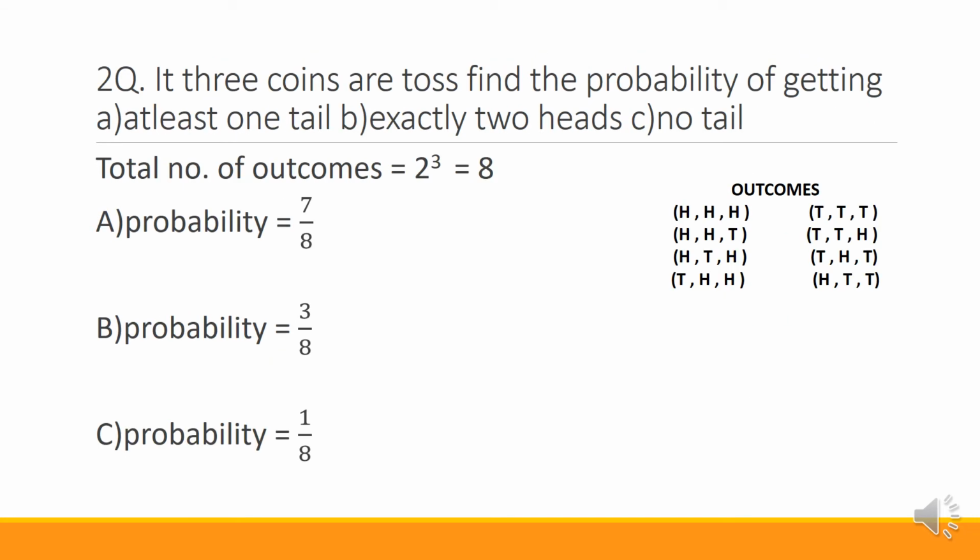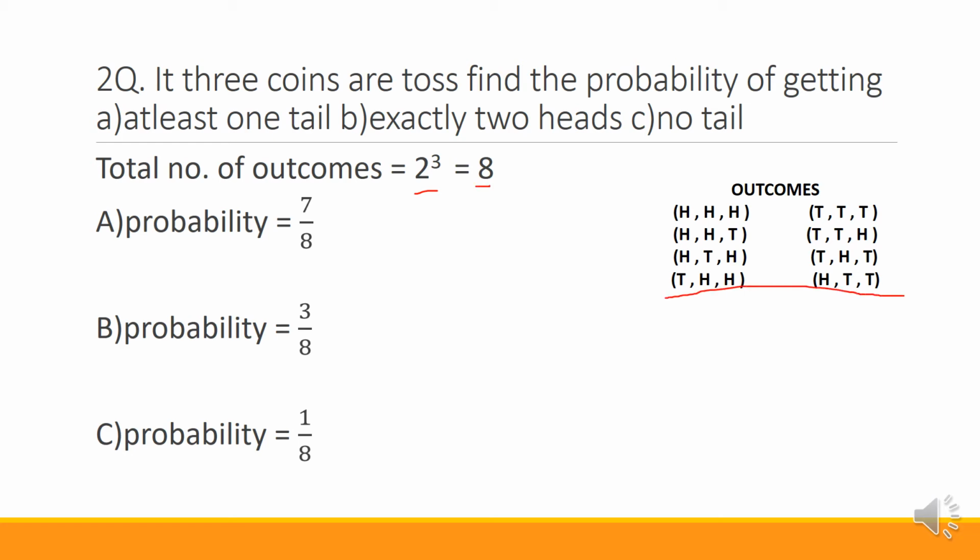If three coins are tossed, find the probability of getting A. At least one tail, B. Exactly two heads, C. No tail. So first of all we have to find the total number of outcomes. So here we are tossing three coins. The total number of outcomes will be 2 power 3, that is equal to 8, and the outcomes will be